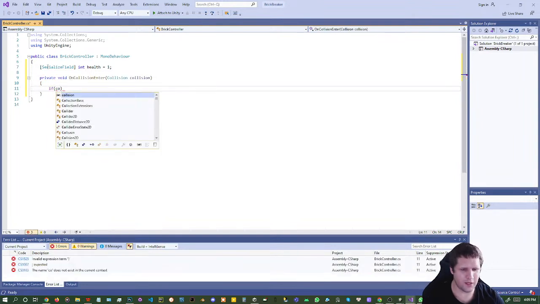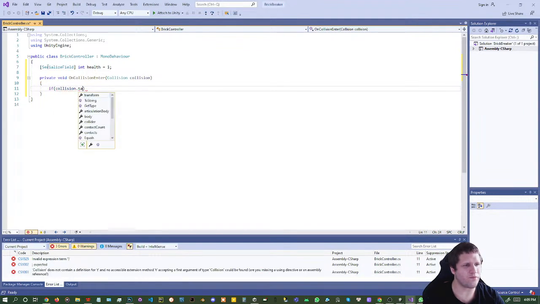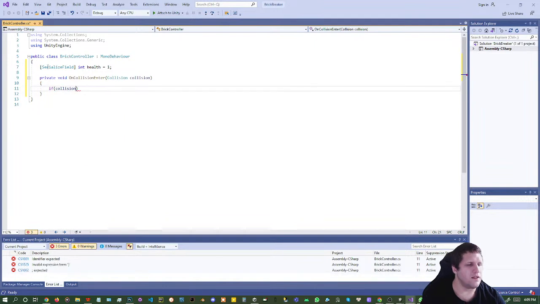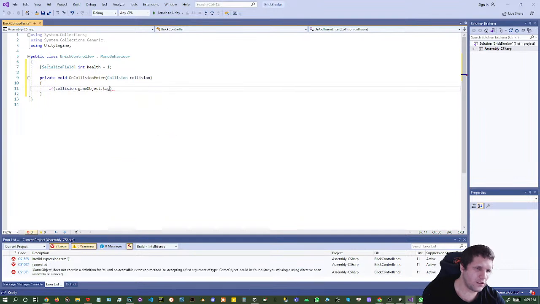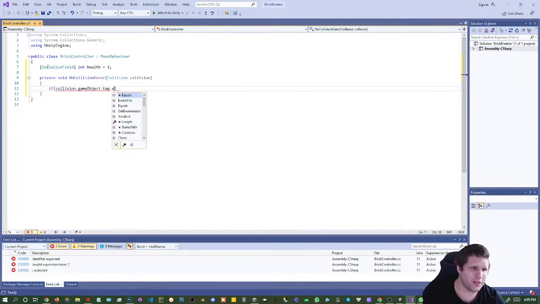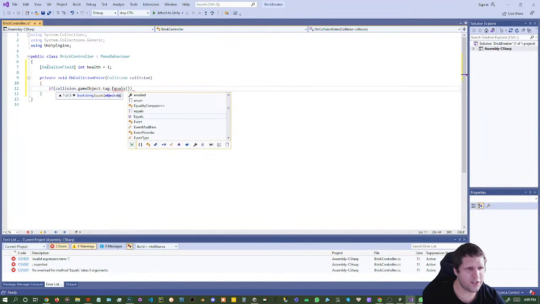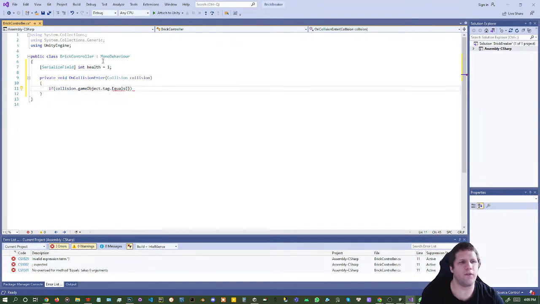Then I will say if the collision dot game object dot tag equals, and we want this to equal our